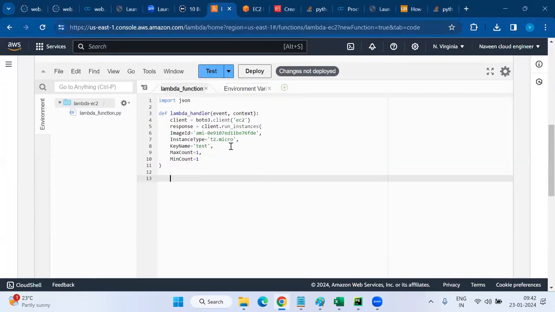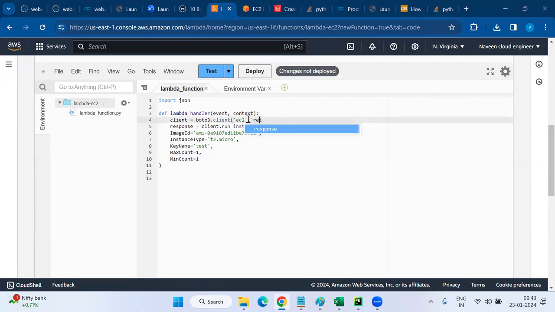So if you can see here, region name. Oh, I forgot that now. Okay, it should be in the code. Okay, so